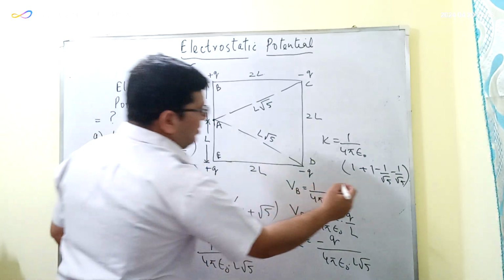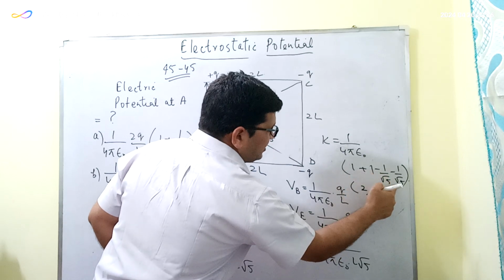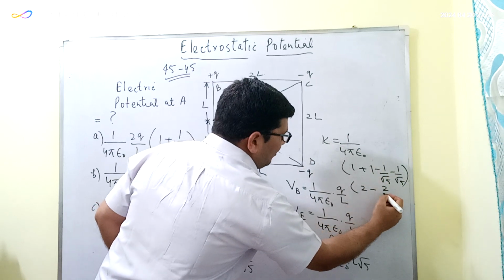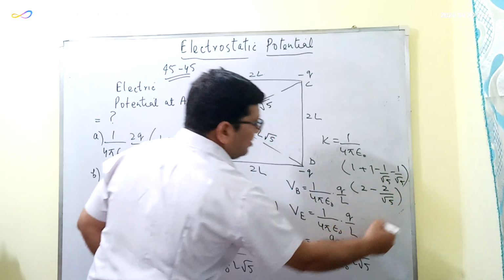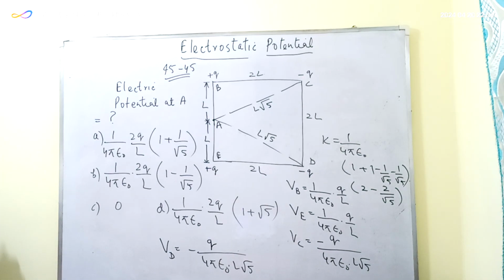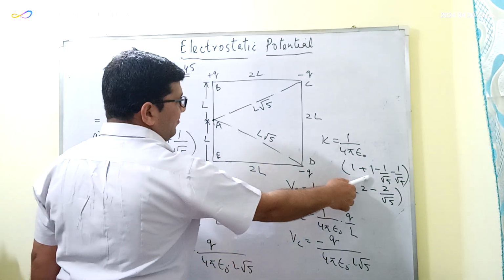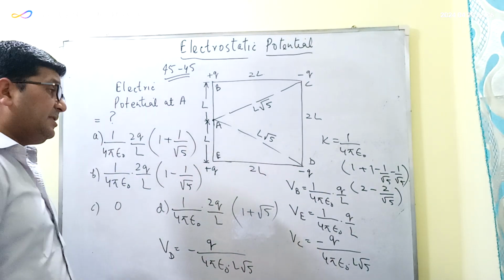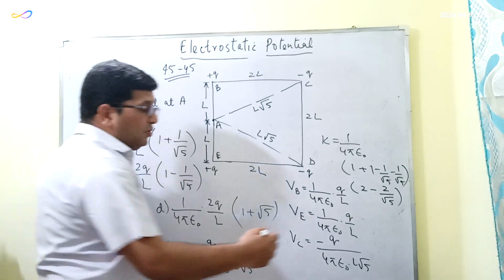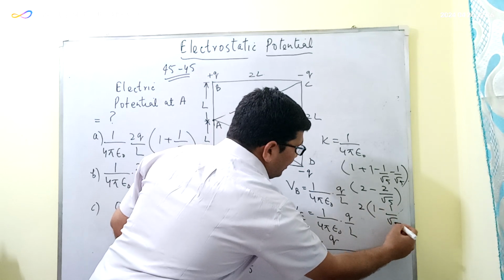तो क्या हो जाएगा ये, इसको क्या लिख सकते हैं, this will be equal to 1 plus 1 is 2 and this is what, minus 1 by root 5 minus 1 by root 5, so this will be equal to what, minus 2 upon root 5, है ना. ये देखिए यहाँ पर especially 2 also we can take, and then 2 can be taken out because 2 is common, so you will be getting 2 into 1 minus 1 upon root 5, ठीक है,